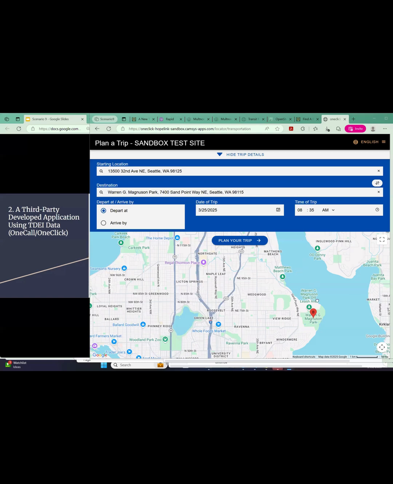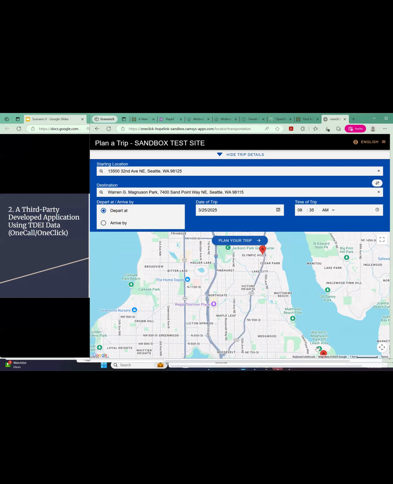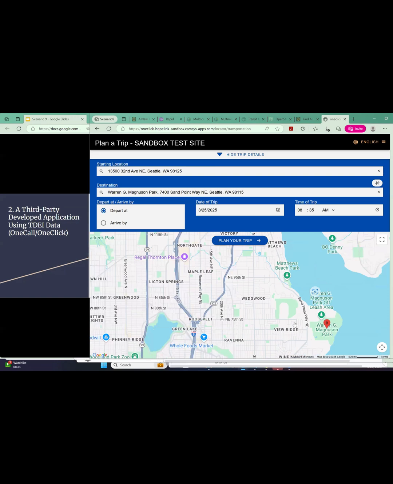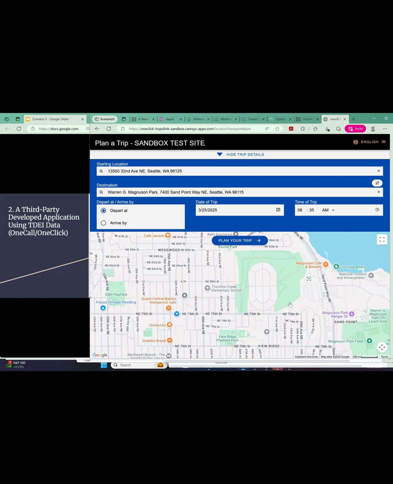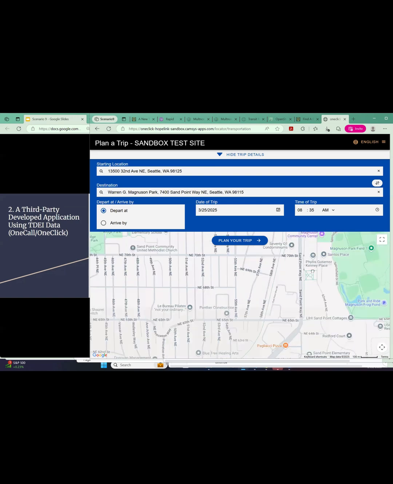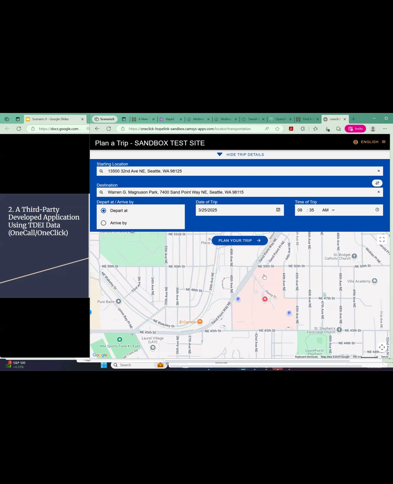Okay, so this is an actual scenario. I had to take my car in to the shop and then had to get down to Children's Hospital.